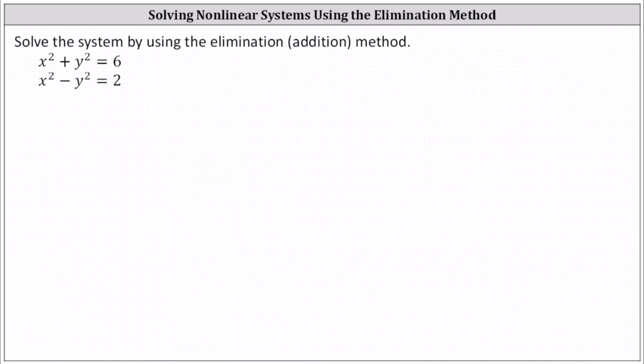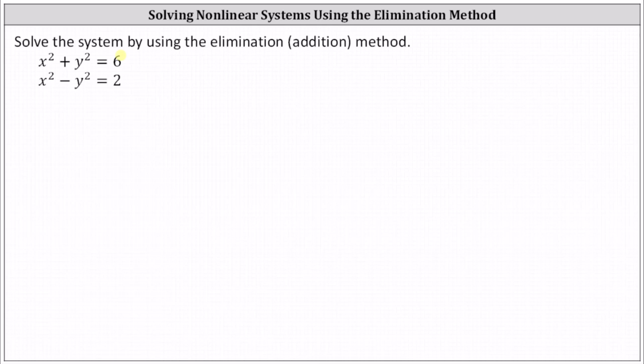We want to solve the system of equations using elimination or the addition method. When using the addition or elimination method, we want to add the two equations together and eliminate one of the variable terms. This indicates for this system, we want either the x squared terms or y squared terms to be opposites before adding. In this case, notice the y squared terms are opposites, and therefore we don't have to multiply